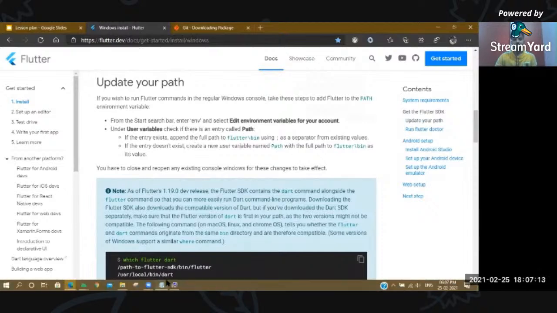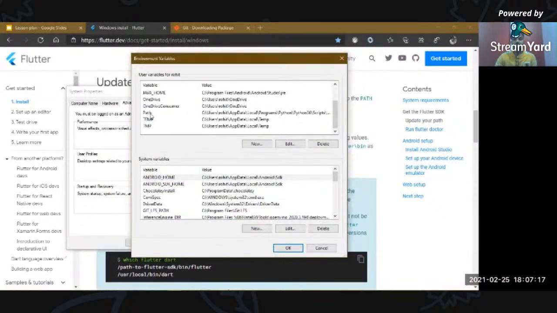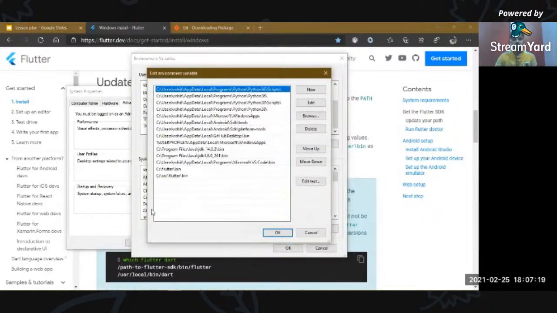Okay, so just wait. You just have to double click here. If there's no path, I've already configured it by mistake, so let's just consider this one.